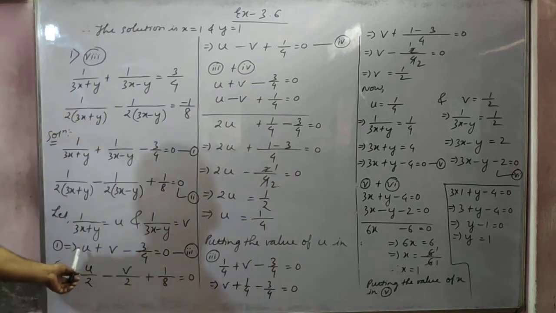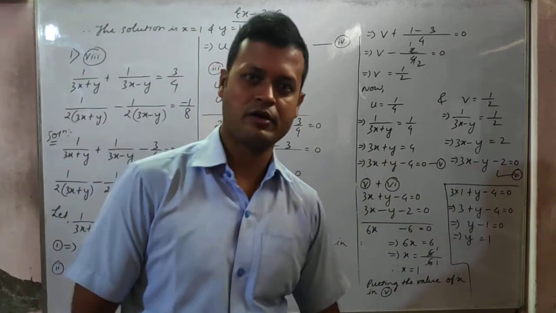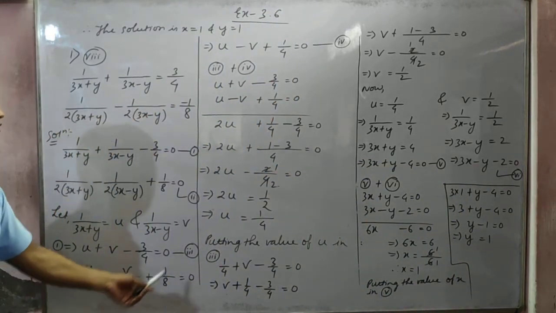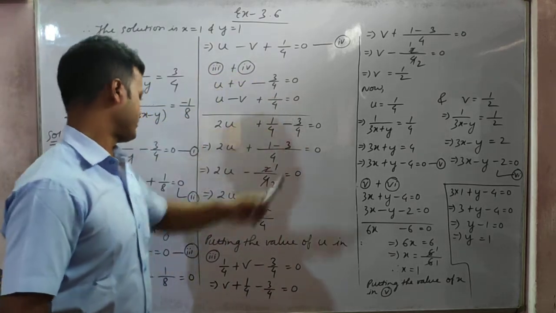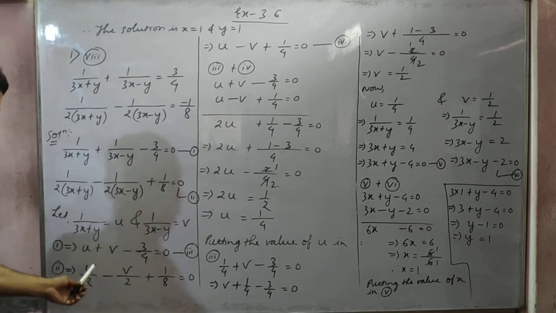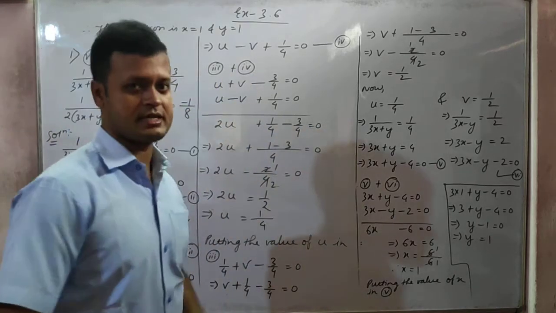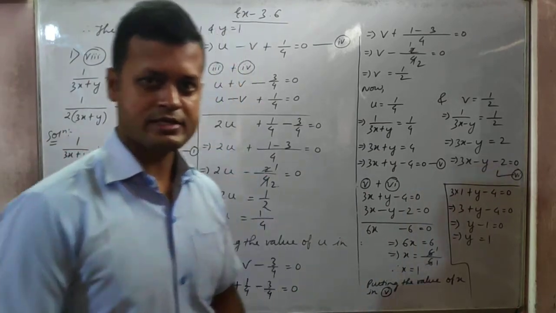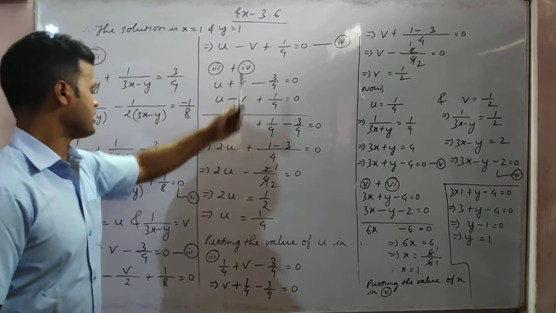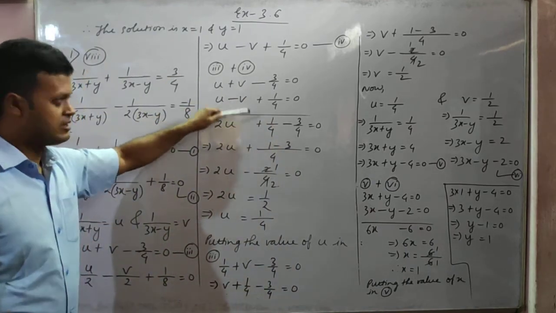Now I saw that here it is u plus v, here it is u minus v. Nothing I need to multiply. Very easy for the elimination method. u plus v minus 3 by 4 and u minus v plus 1 by 4. This is equation 3 and this is equation 4. Both I will add because I thought of eliminating v. Here before v plus sign is there, here before v minus sign is there. Signs are opposite. So how can you cancel both the v? Then you just have to add. So I am adding equations 3 and 4. So v and v is cancelled.